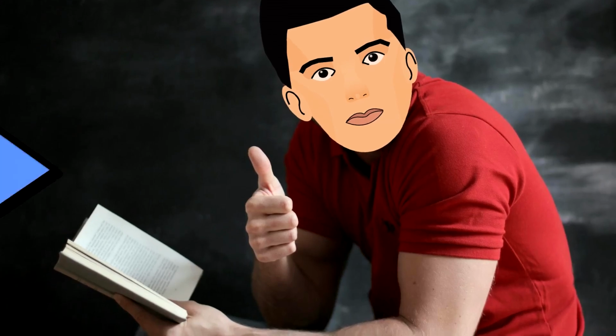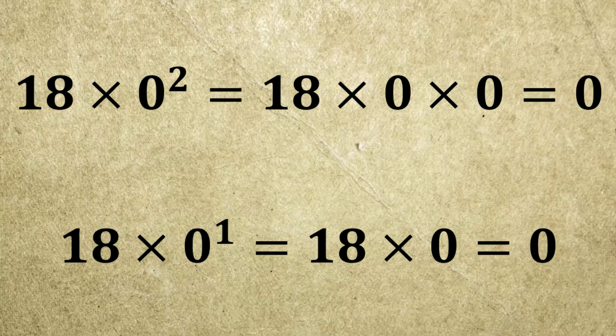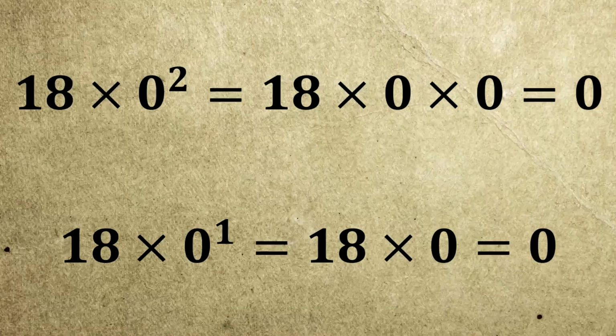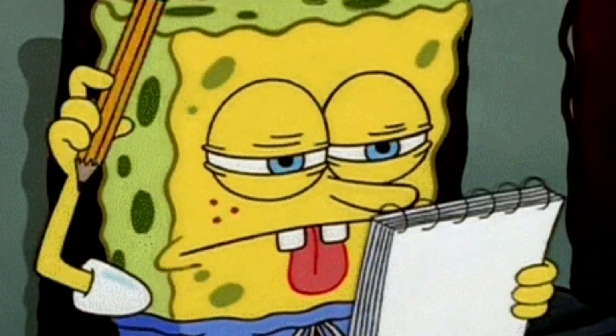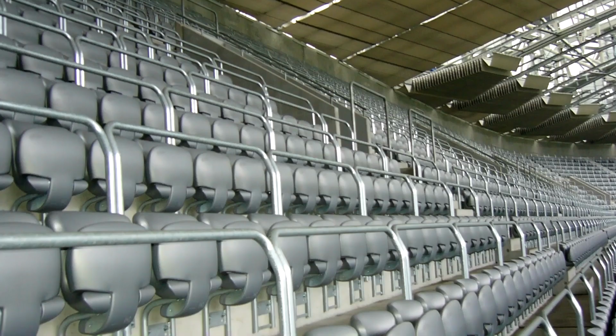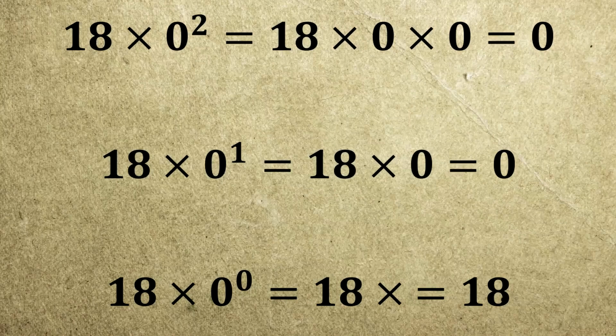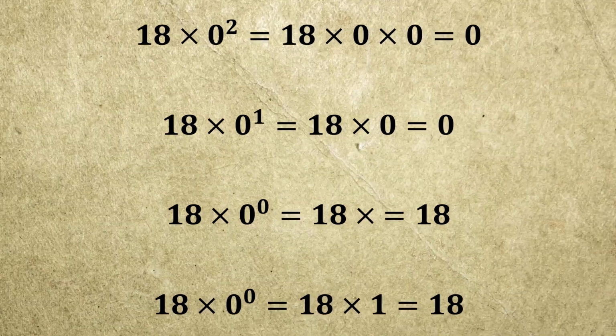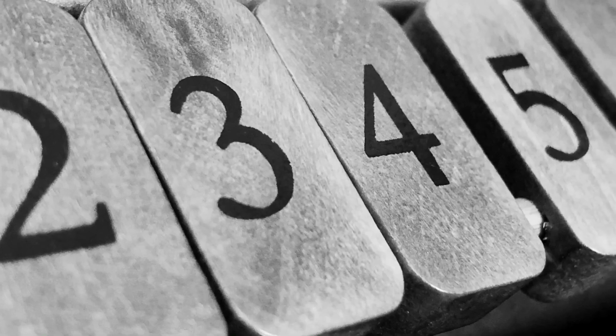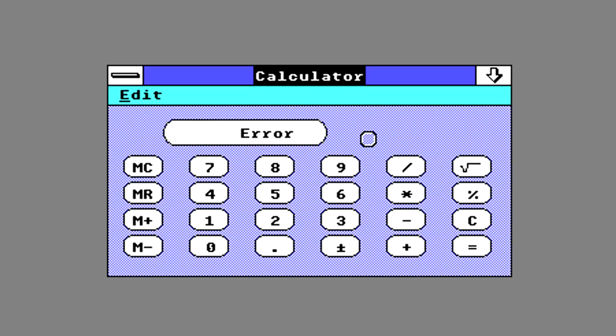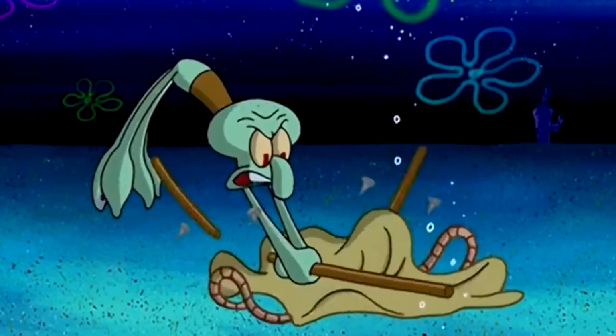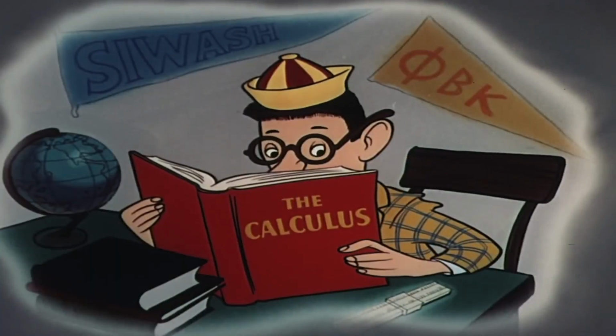So far so good. Next, 18 multiplied by 0 to the power of 1 is 18 times 0. Following this pattern, 0 to the power of 0 would give an empty spot, but it should be something that when multiplied by 18 would give 18 still, which has to be 1. That was a simplified explanation. In some contexts, however, 0 to the power of 0 is left undefined because it can lead to problems in certain advanced mathematical situations. So yeah,